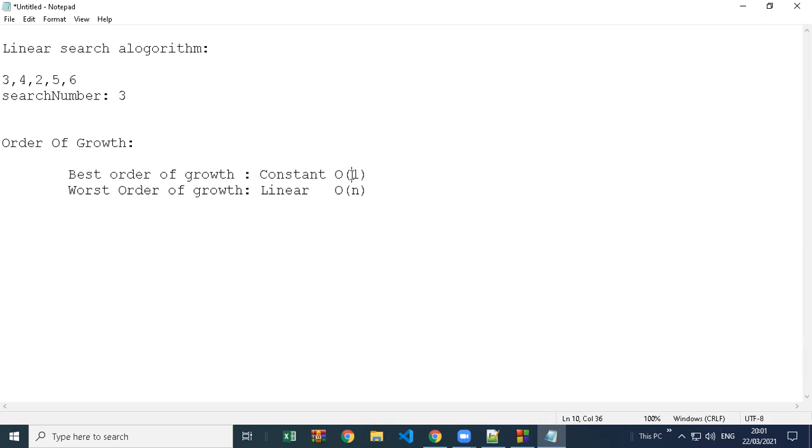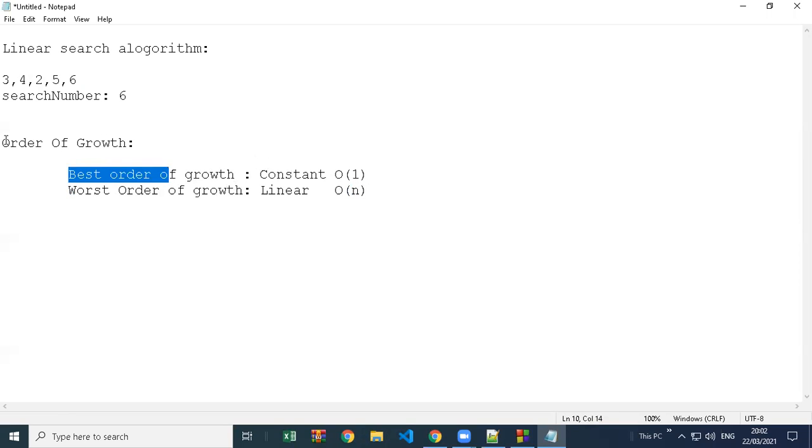But if I'm searching for number 6, I have to make one comparison, then 2, 3, 4, 5, and at the last position we found our number 6. So this is the worst case, taking n time, where n is how many data you have: 5 numbers, taking 5 nanoseconds.